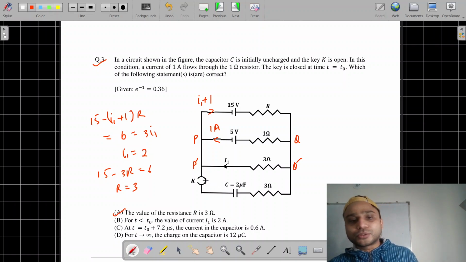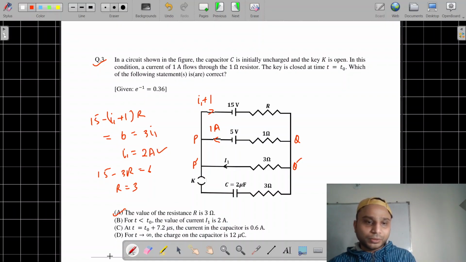Now when the key is closed, what is I1? Our key is not closed yet, because the key is closed at t equal to t naught. So below that time, what is the value of current I1? The value of current I1 is 2 amperes, which we calculated. So that is also a correct option. Then the current in the capacitor is 0.6 amperes at t naught plus 7.2 microseconds, and the charge in the capacitor is 12 microcoulombs